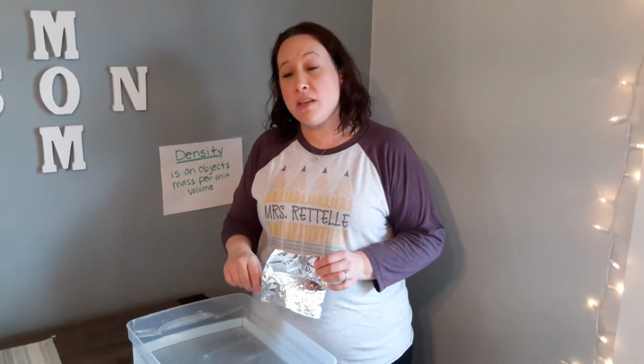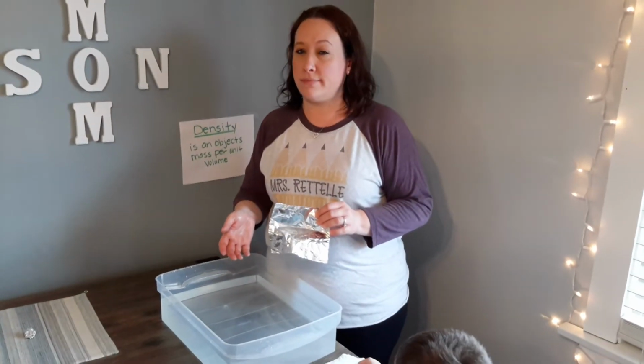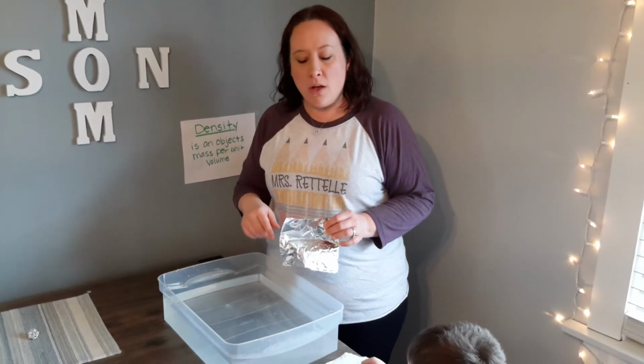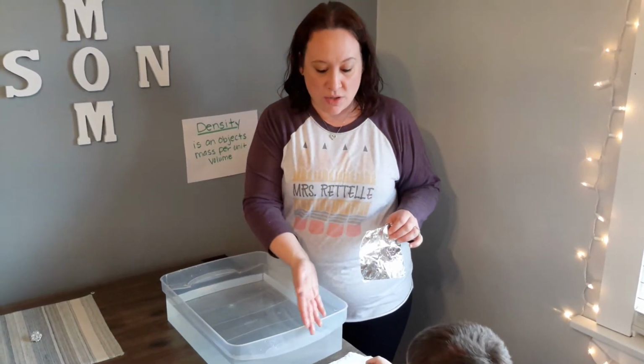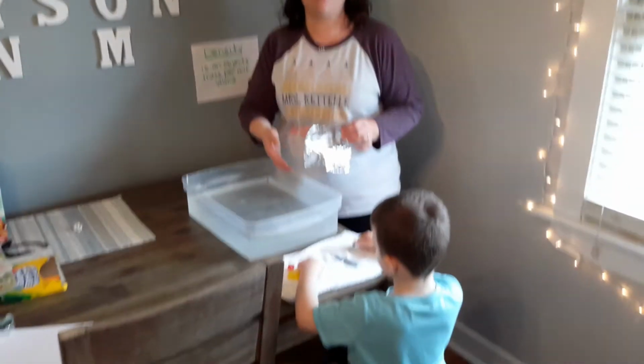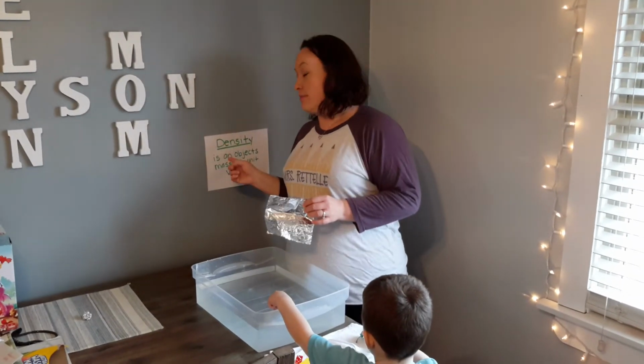Okay. There's a bonus question at the bottom of the record sheet, and it says, do you think you can make any of these objects do both? Sink or float? That's a good question, right? What would you have to do to these objects to make them do the opposite is to change their density,